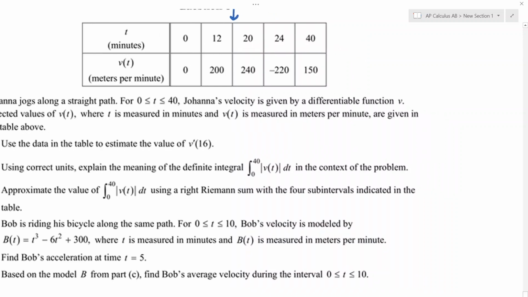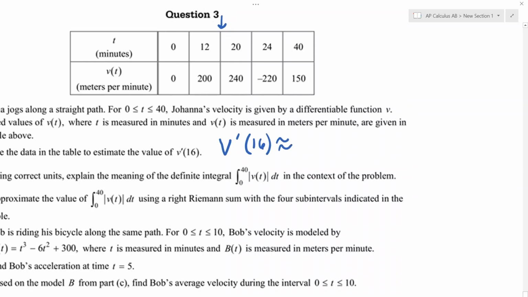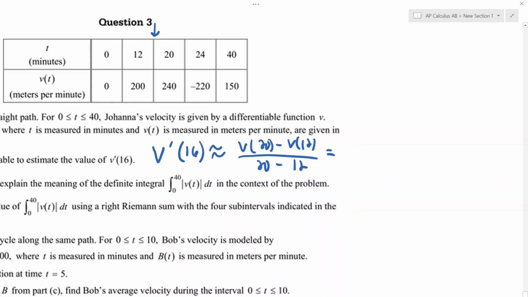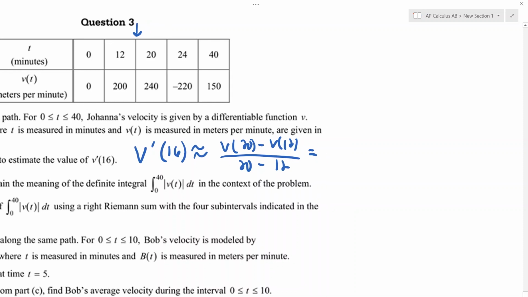16 would be on this interval, so we're going to find the slope. Now, when you write this out, you should write what you're approximating. V prime of 16 is approximately equal to. You should also write just the formula we're using here. We're doing v of 20 minus v of 12 over 20 minus 12. And that's equal to, it's not approximately equal to, this will be equal to what we do. That is 40 over 8,